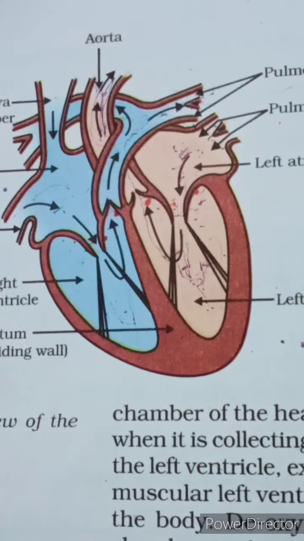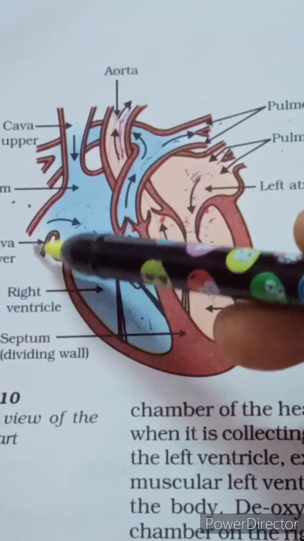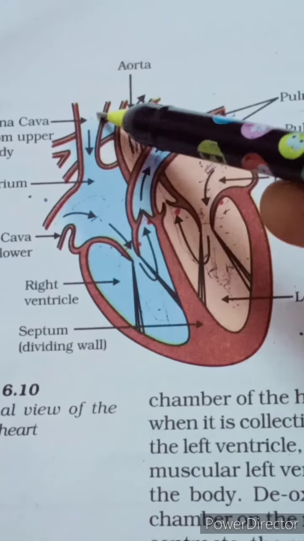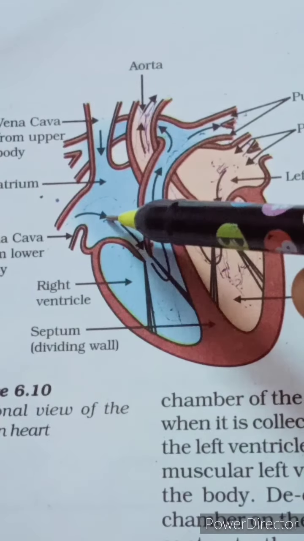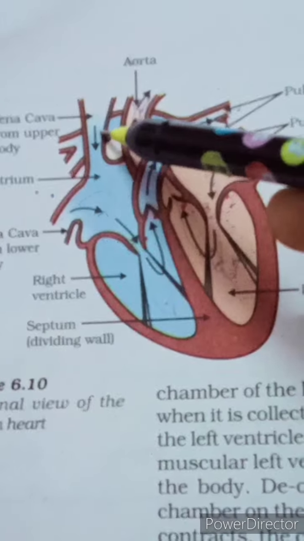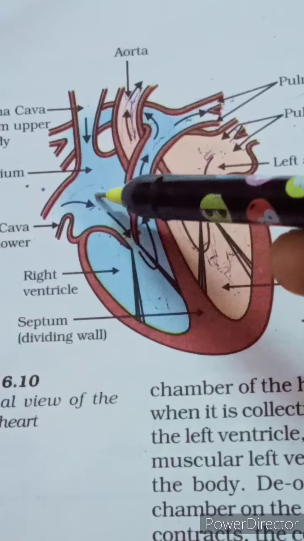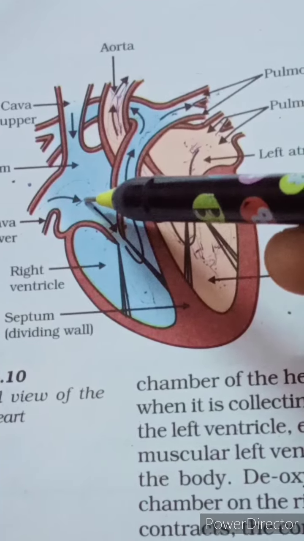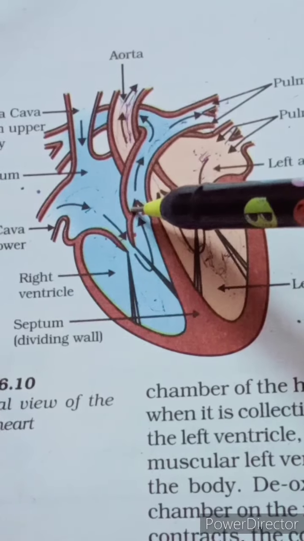Now coming to the functions of the heart, you can see on the right side two vessels are entering. From the top it is called the superior vena cava, from the bottom the inferior vena cava. The superior vena cava collects deoxygenated blood from the upper portion of the body, for example head, neck, etc. And the inferior vena cava collects deoxygenated blood from the lower portion like stomach, legs, kidneys, hip, etc. Both vena cava collect deoxygenated blood from different parts of our body and take it to the right auricle. When the right auricle is filled with deoxygenated blood in the relaxed condition, the right auricle contracts and pushes the blood to the right ventricle by the opening of the valve called the tricuspid valve.